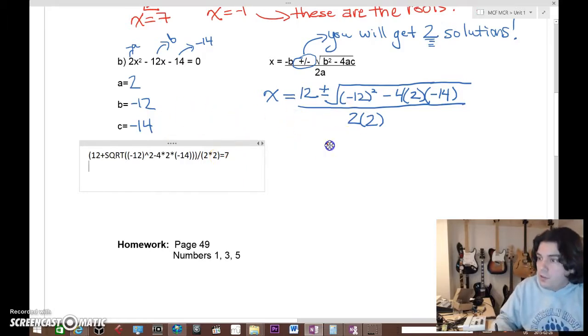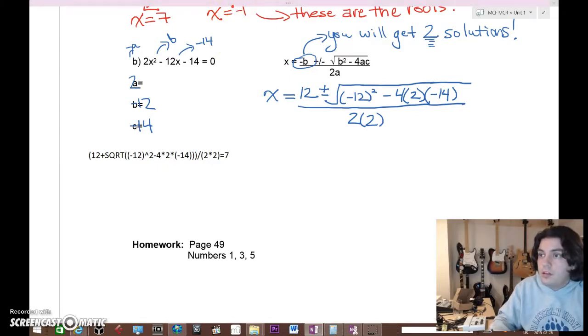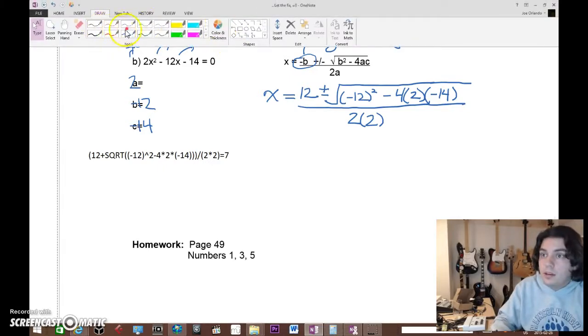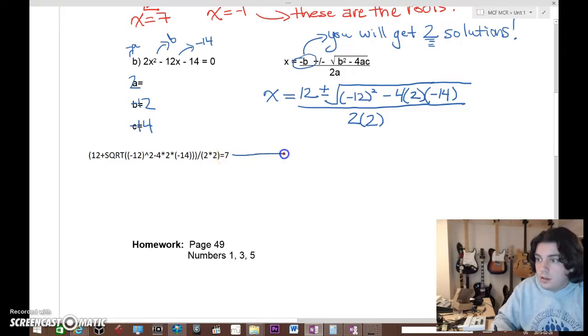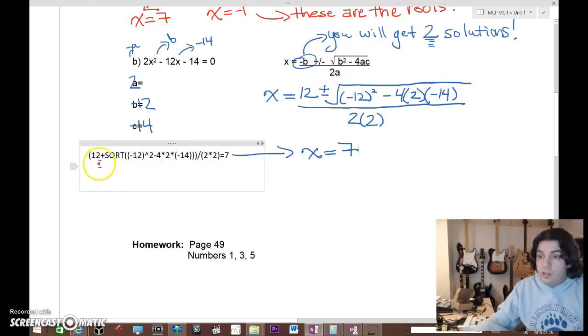So that means that my first solution is x equals 7. And you will note that I did this using the plus here, 12 plus the square root. So the one I have to do next, of course, is 12